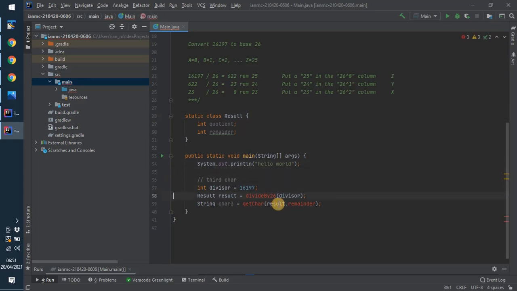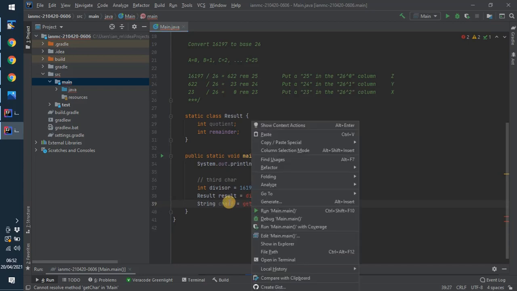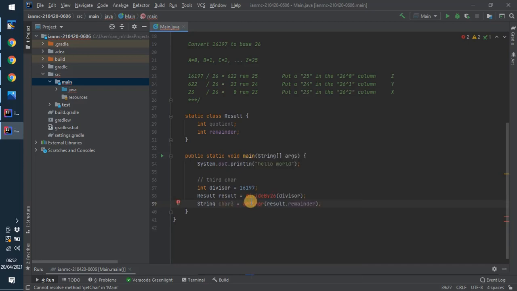Now we need to create a method divide by 26. I'll come back to that one. Let's do the misspelled remainder. Let's do the get char one, because that's the nice simple one. That's literally just, come on, create a method. I'll take all the defaults,